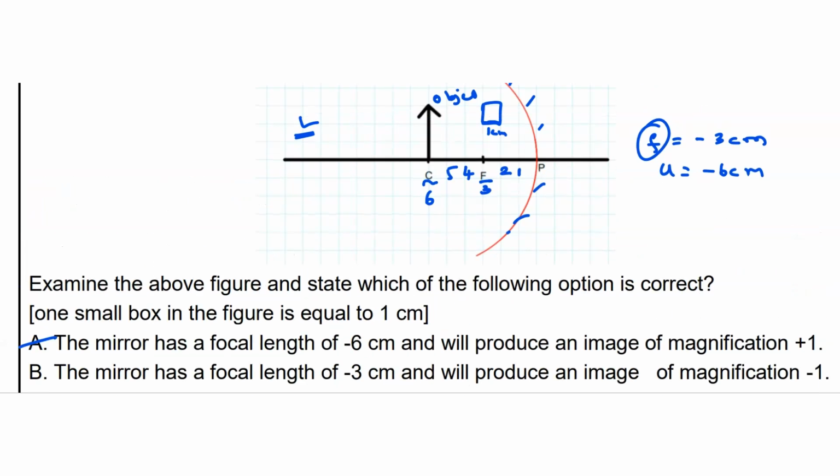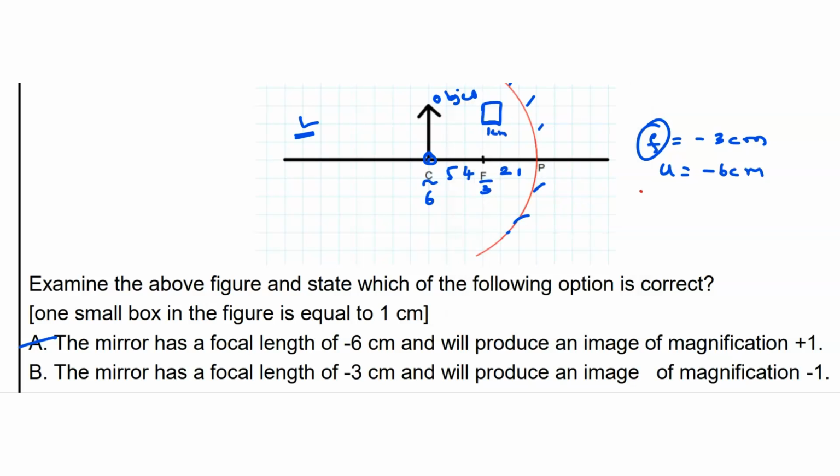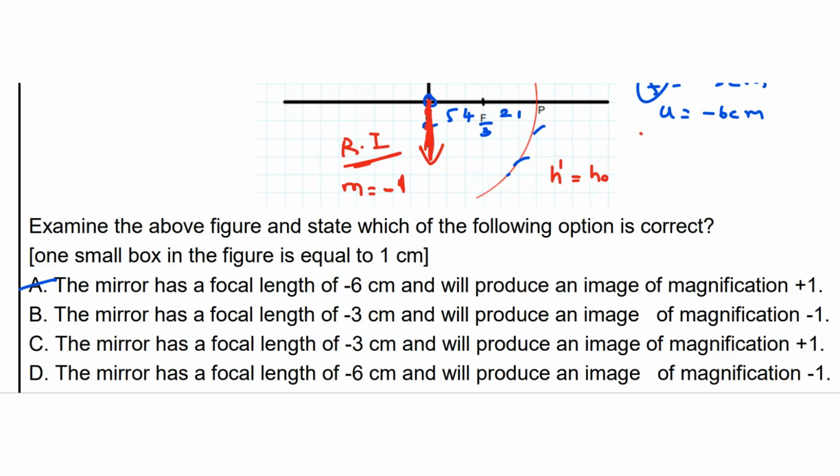In the case of a concave mirror, when the object is placed at the center of curvature, the image will also be formed at the same place, right here. So it will also have the same size, right? So this is where your image is formed, which is real and inverted. Okay, so if it is real and inverted, the magnification will be negative, and as the object height and the image height are the same, the magnification will be 1. So since the image is real and inverted, we get negative 1. So here you have possibilities B and C, but the magnification is negative 1. So the answer for this question is B.